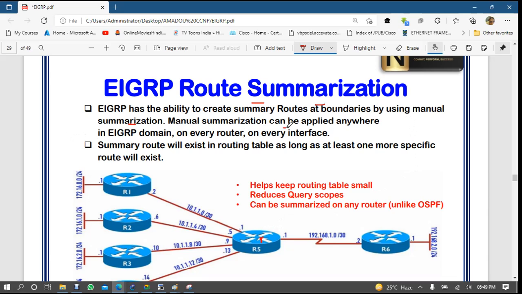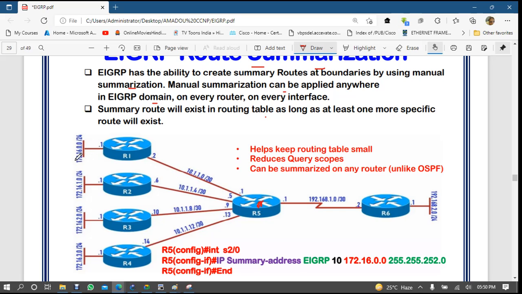Manual summarization can be applied anywhere in the EIGRP domain, on every router, on every interface, but better on the edge router. A summary route will exist in the routing table as long as at least one or more specific routes exist. If you are summarizing these routes and one route is down, it doesn't mean your summary route will go down, because your other routes are there, right?